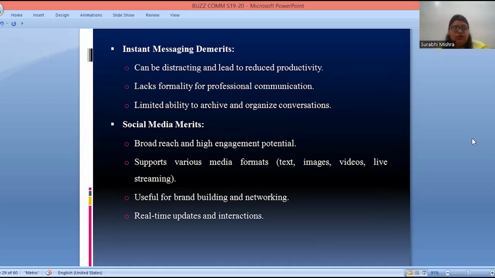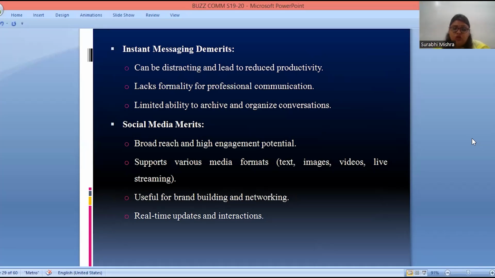There is limited ability to archive and organize conversation, right? You cannot put them into the archive folder. You have to take care of the messages because there is a problem of organization and keeping messages in a very organized way.